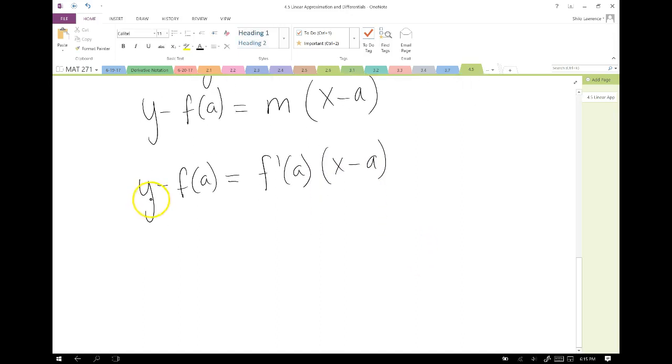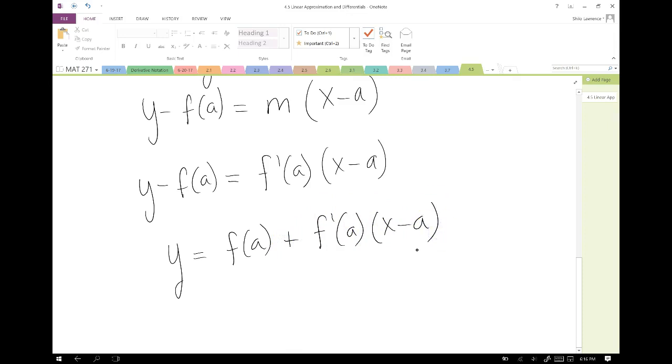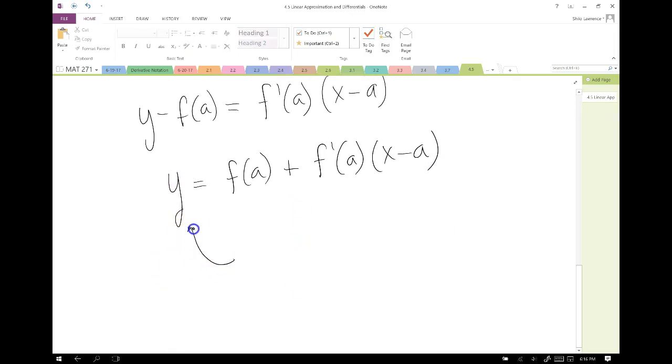And if we wanted to, we could solve this for y. We usually like equations solved for the output variable, and we could do that if we add the f of a over. So this would be y equals f of a, which is just a number, plus f prime of a times x minus a. So this y value is an approximation, this is a linear approximation for f of x